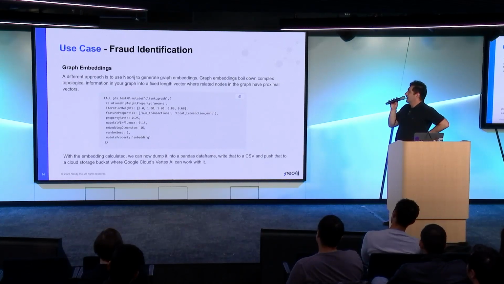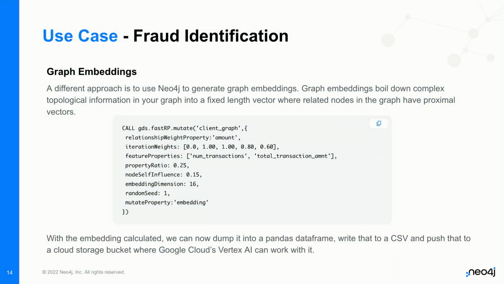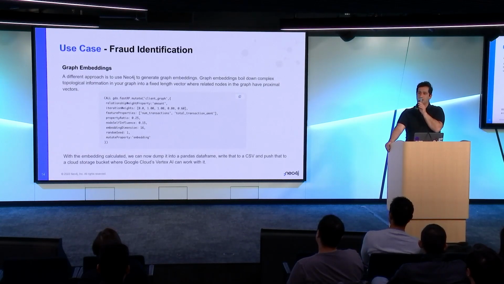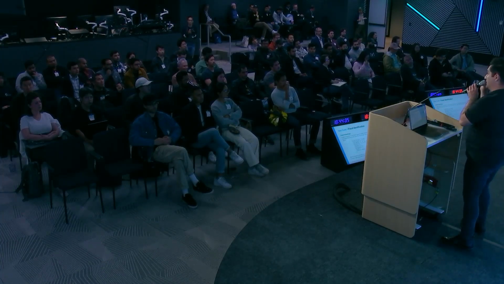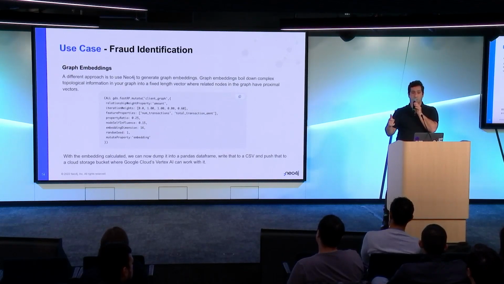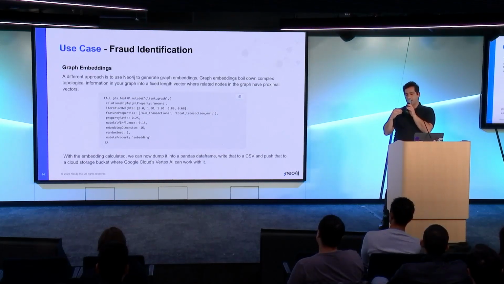Graph embedding is a very interesting technique that boils down the complex topological information of a graph into a fixed-length vector. For those who are familiar with a vector database, who's familiar with the vector database? It's a sort of database that looks at information, whether numbers, strings, or timestamps, as a token, and that token is like an encrypted version of a series of